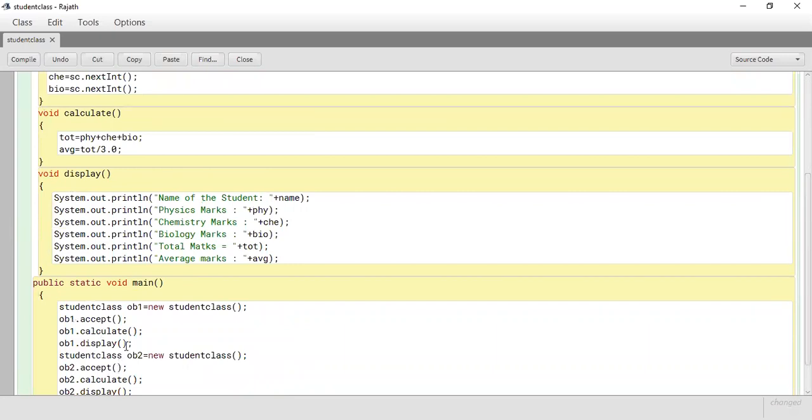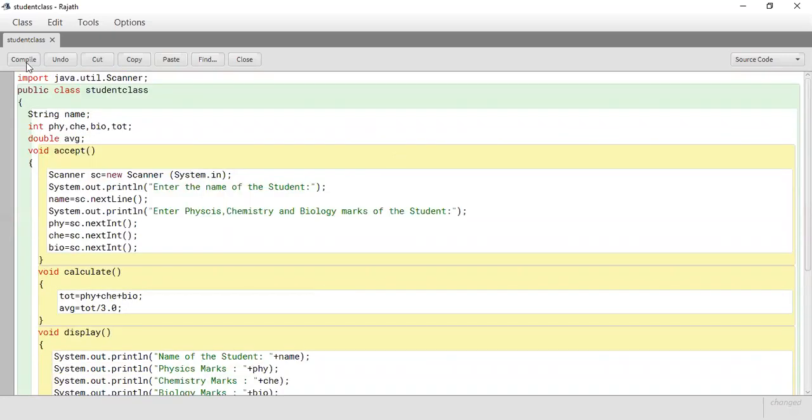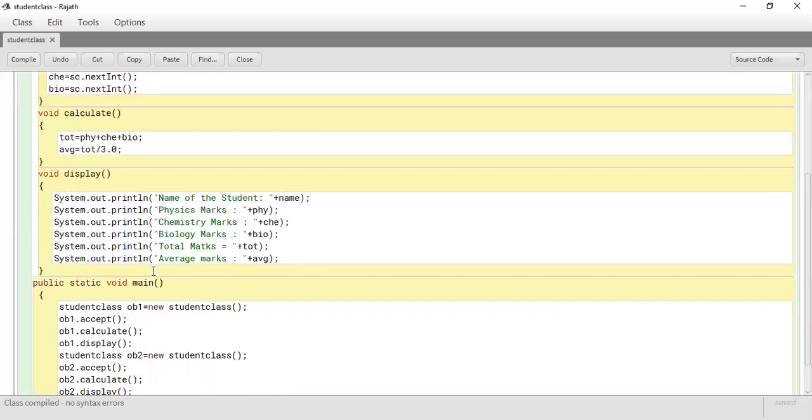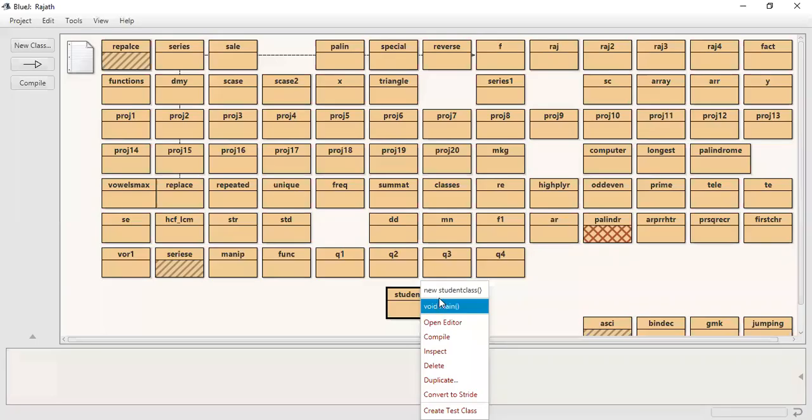Shall I ask one small question now? Yes, sir. Now, see, I compared the program, right? I said accept is a function, calculate is a function, display is a function, as well as main is a function. They are all functions. Totally now there are 4 functions here, right? Yes, sir, 4 functions. When I'm closing it and right clicking on it, I'm getting only the main function, not the other functions. Why? Sir, because the main function contained all the other functions. I think so. Sir, the main function contains the object.